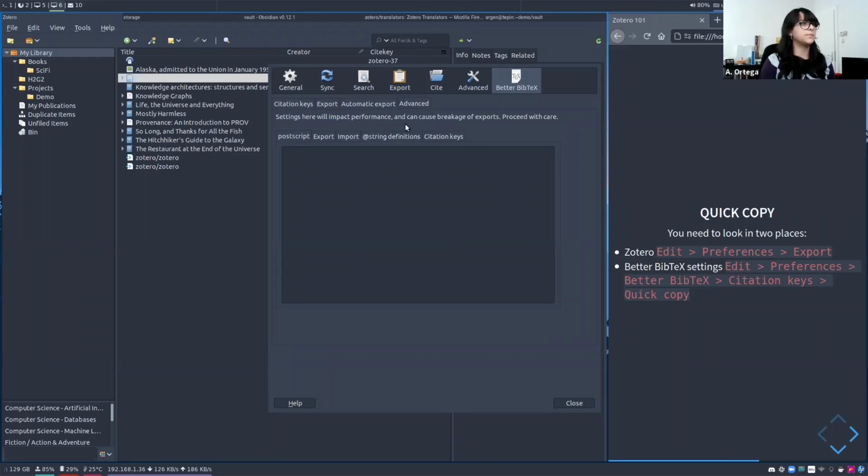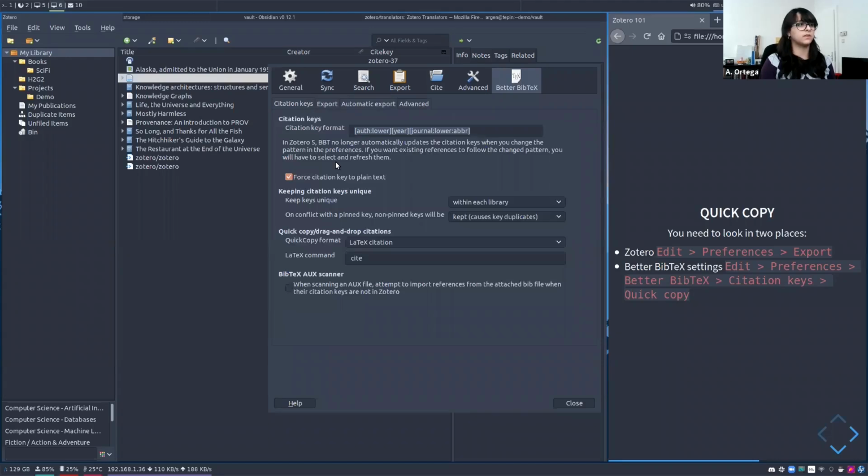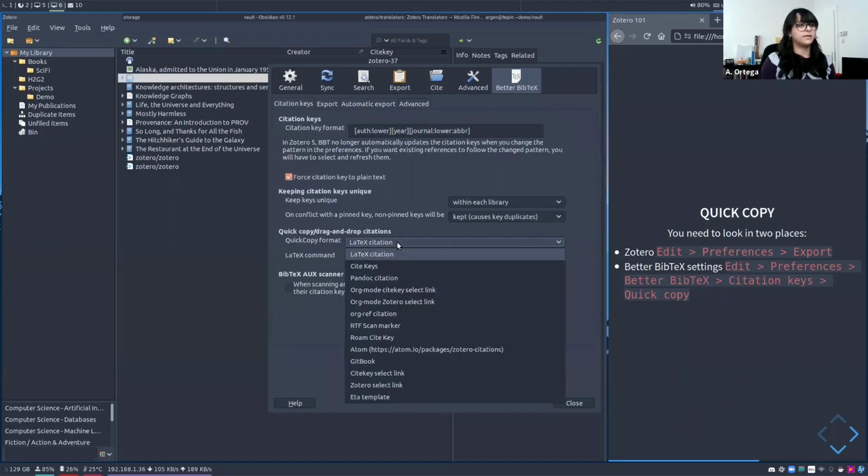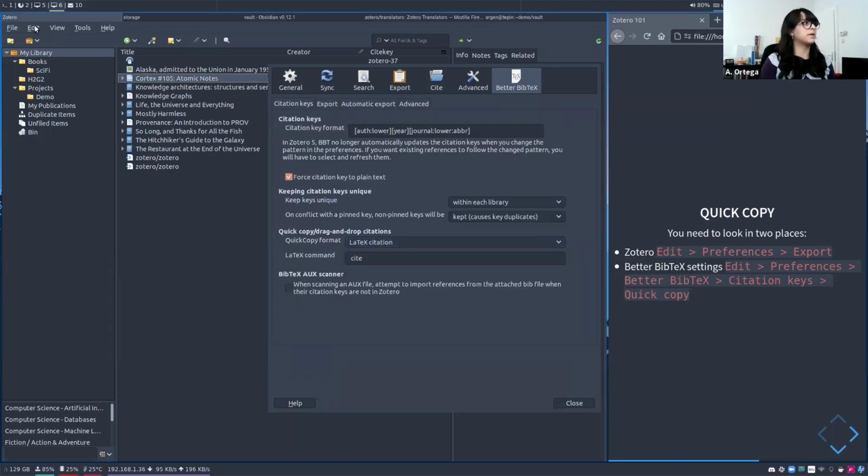Edit preferences, Better BibTeX, citation keys, and then you have quick copy here. So you can edit the way you cite. Do you remember at the beginning when we pressed edit and I was trying to copy, unsuccessfully, the citation? It was very unhelpful because it was just copying the number